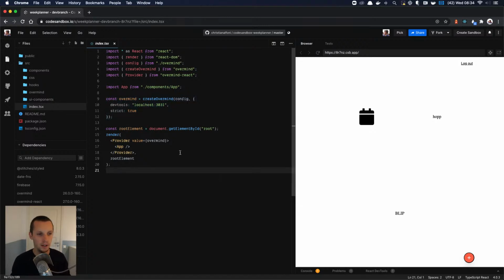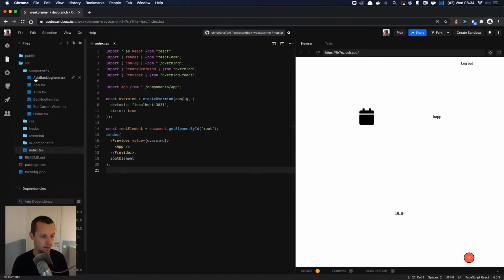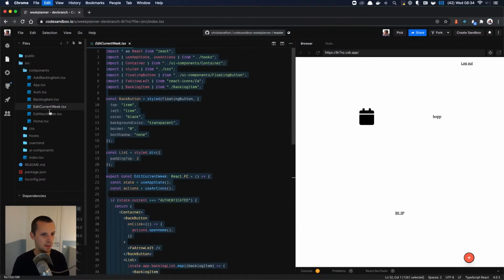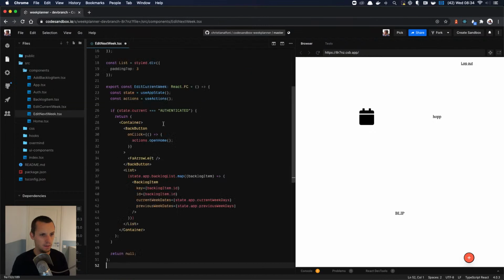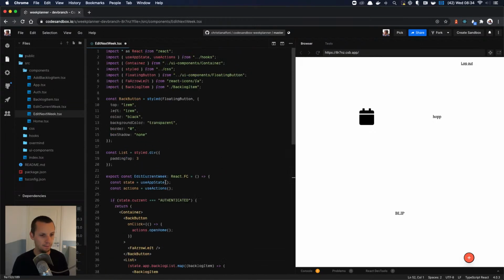Anyways, so let's get back to our app. What we wanted to do, we want to add this other page here, which is edit next week. And it's basically the same thing, so we'll just copy it over.